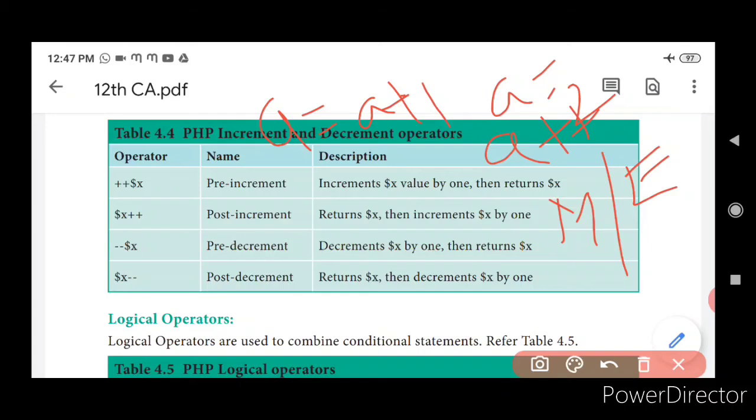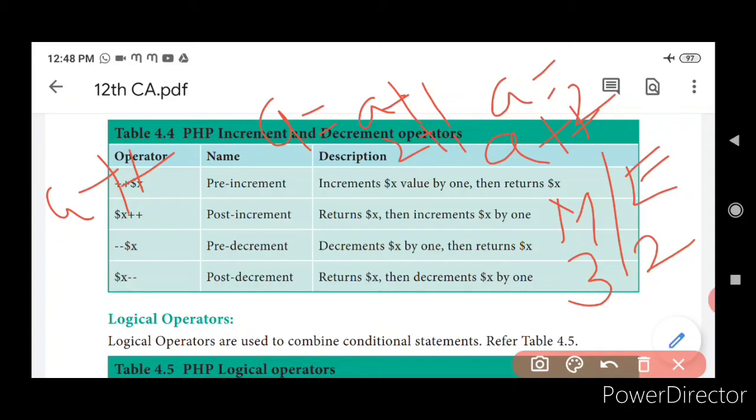So what is the value of A? It is going to be 2 plus 1, it is going to be 3. Memory, A plus plus. Since it is A plus plus, in memory the value will be updated as 3, whereas in execution it will be only 2. Able to follow? A plus plus is post increment. In post increment, 2 plus 1 is 3 in memory, but in output it is going to be only 2.